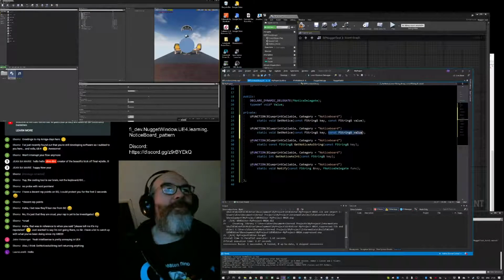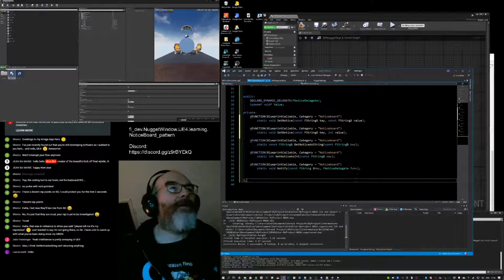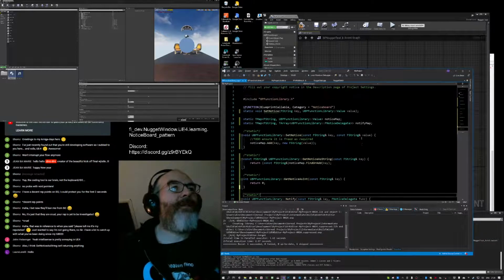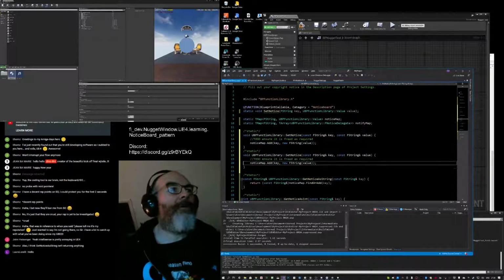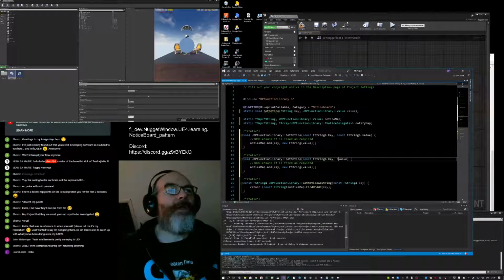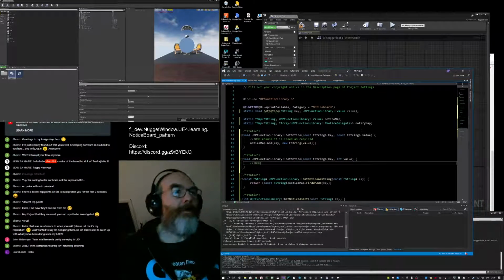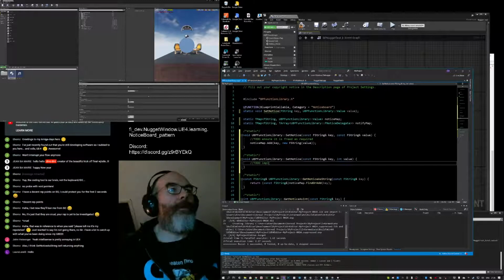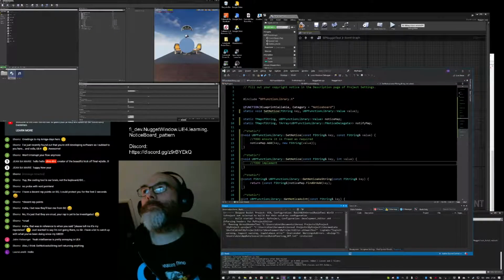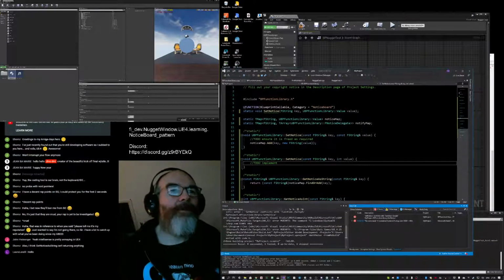So what this is going to do is set notice int value, and I'll need to implement that one as well, which will set notice, take an int value. See if that compiles.